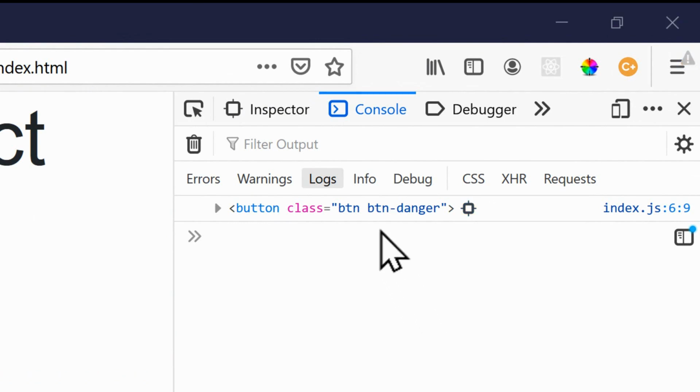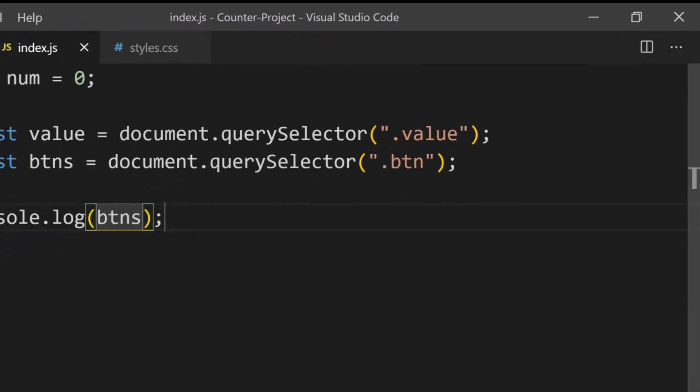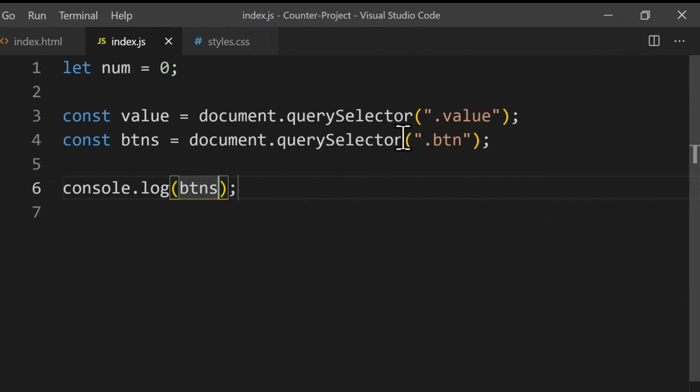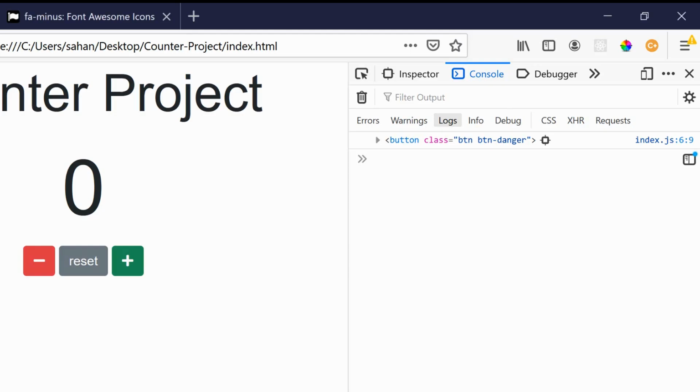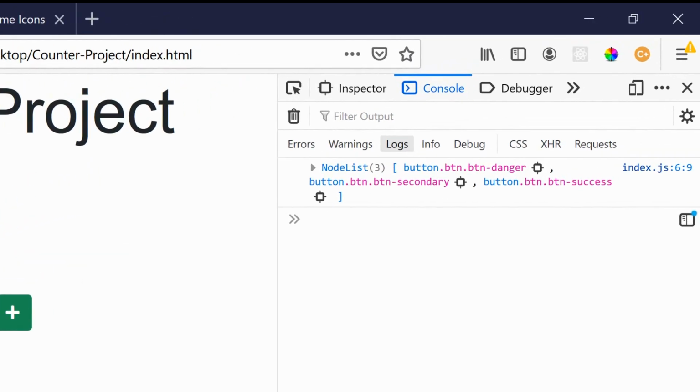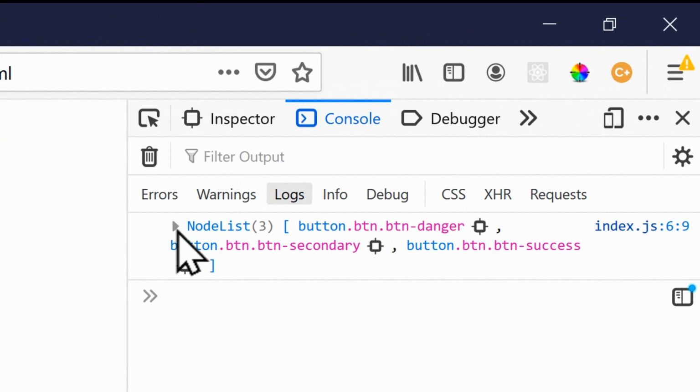In order to have all the buttons here, instead of using query selector, we use query selector all. So let's go back to the VS Code. We change this query selector to query selector all. We save the file, we check the browser, we refresh the page. As you can see, now we have a node list